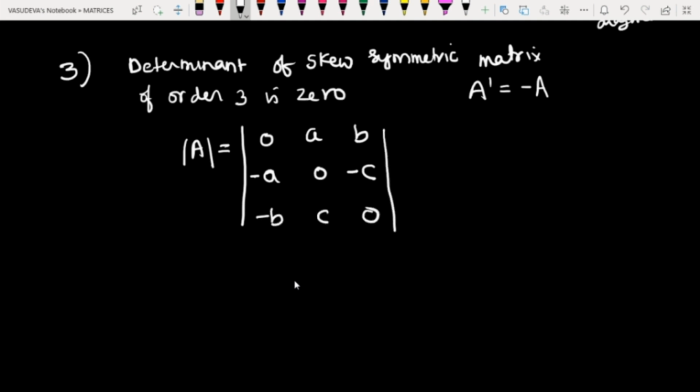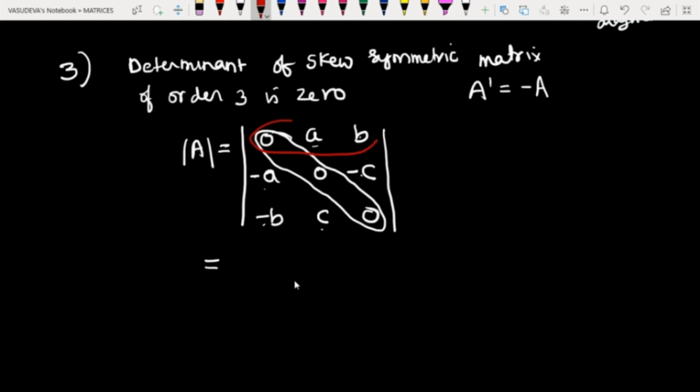Observe here that the principal diagonal elements are 0. The elements above the principal diagonal and the elements below the principal diagonal are the same but change in sign. If it is A, here it is minus A; B, here minus B; and minus C above the diagonal, below it is C. Now when you expand this along the first row,